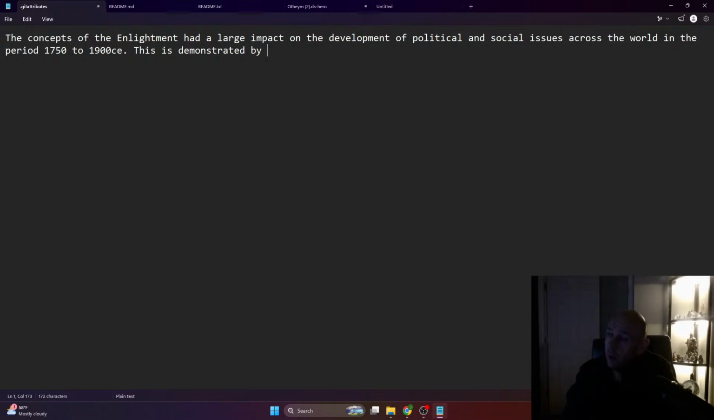You can do 1900, too soon for India. Yeah, let's use Europe. So this feels like an AP Euro essay, actually. It doesn't even feel like a world history essay. But anyway, this is demonstrated by the impact of John Locke's natural rights on the Atlantic